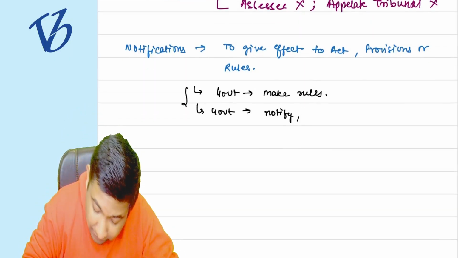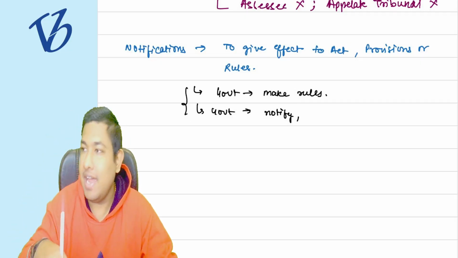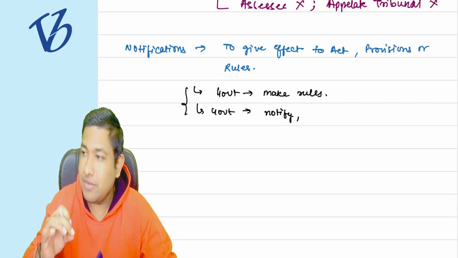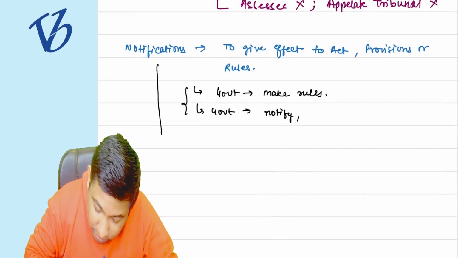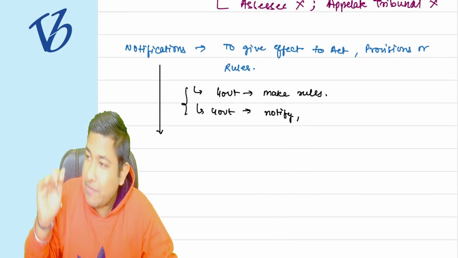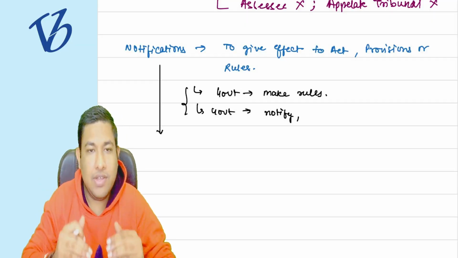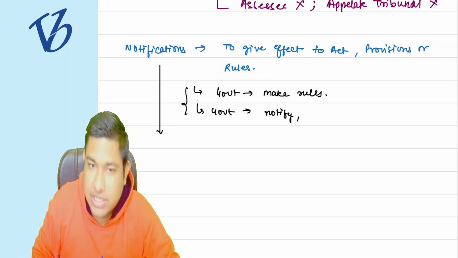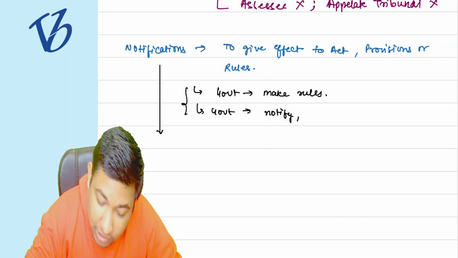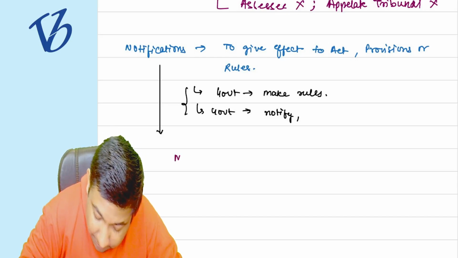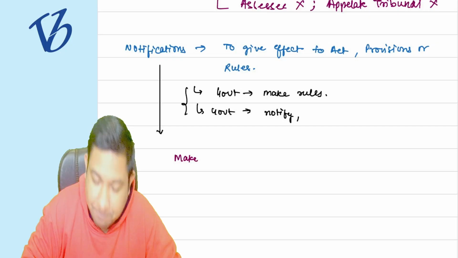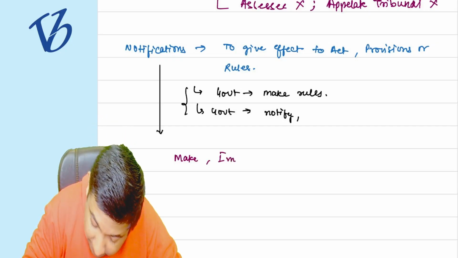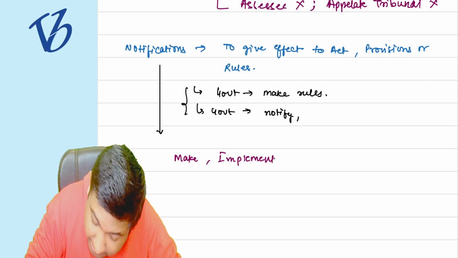so all these powers which are given in the act, by these powers, the Government of India has given the power to the CBDT, which will issue the notification and do what? It will either make something or implement something. What will they make? They will make either rules,